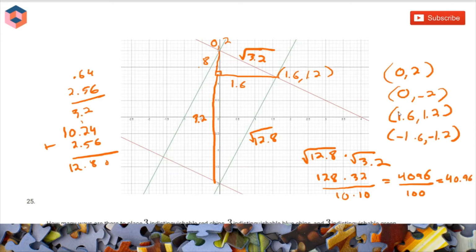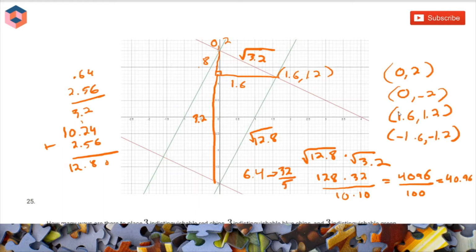So 40.96, now you might recognize that this is actually a perfect square. It's the square, so 4096 is the square of 64. So this would be the square of 6.4. So now you might recognize this Pythagorean triple, but it's okay. You can bash it out if you didn't. So the area of this is 6.4 or